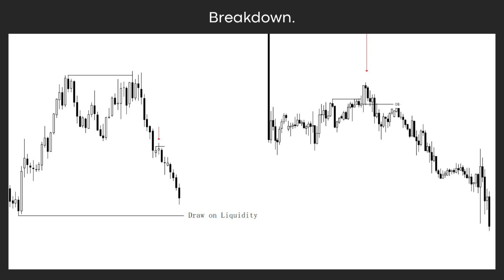What you can see right here is that after we closed below this swing low, we had this FVG formed, and with that FVG we had this small daily candle which we used as a candle range in CRT. What happened is that on Monday we formed this small daily candle which acted as a CRT for us. Then on Tuesday we purged that Monday's candle range high and took out liquidity and tested the daily